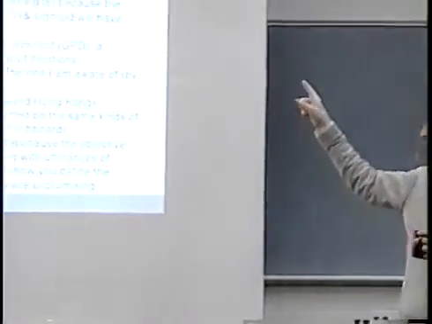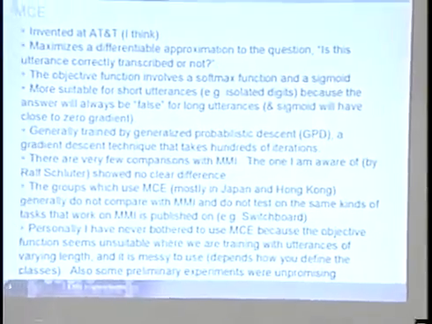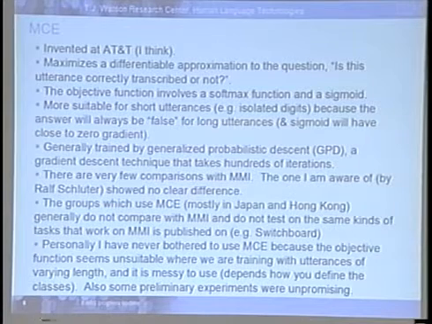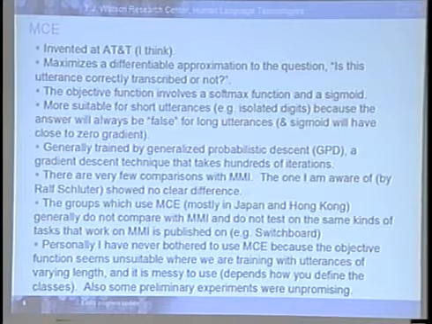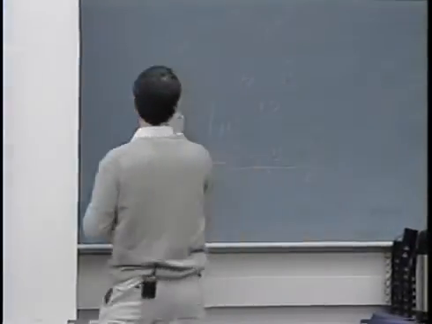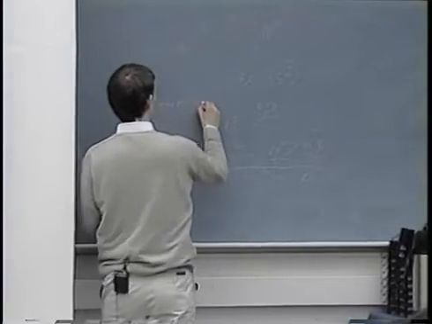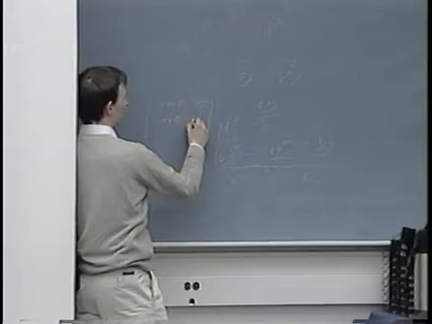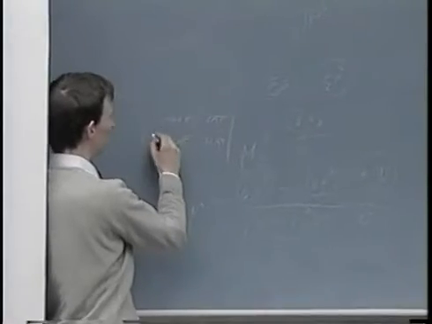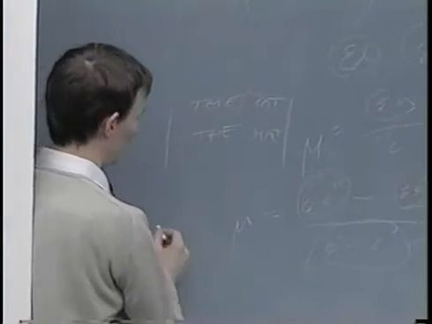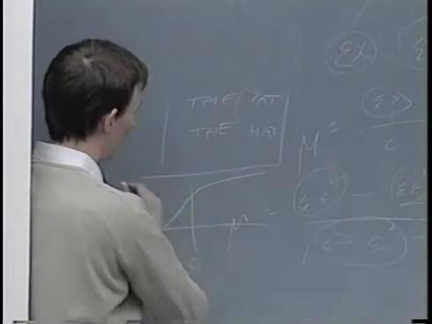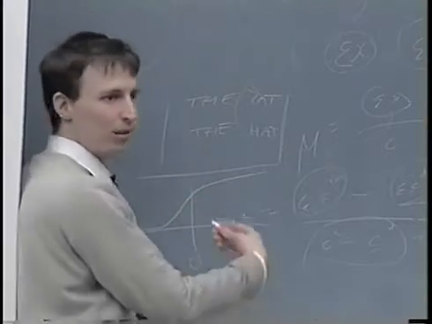But I've always believed that it's totally inappropriate for large vocabulary speech because, well, it's very sensitive to how you segment the data. Basically if you've got an utterance and you've got your correct transcription, say the cat, and let's say the hat is the most probable competitor. Depending on the difference in likelihood between these two, let's say the difference in likelihood is here, 0 is they're the same. You have the sigmoid function, and only if they're about the same will it have any gradient. Otherwise, it'll be